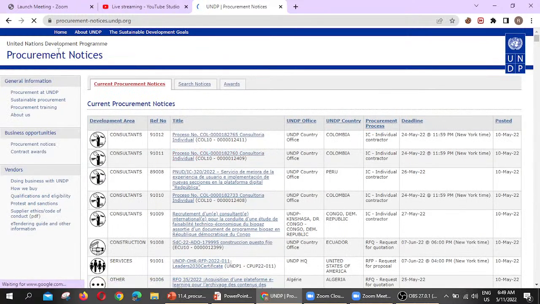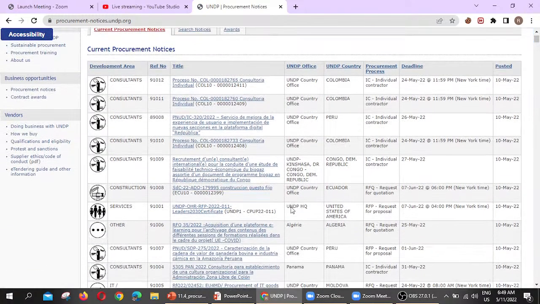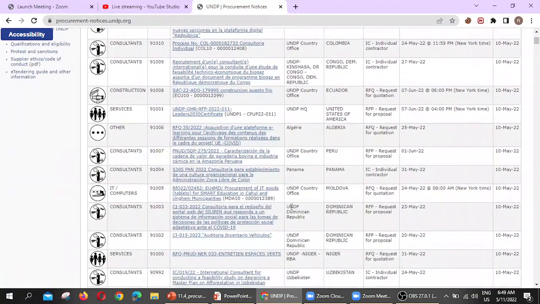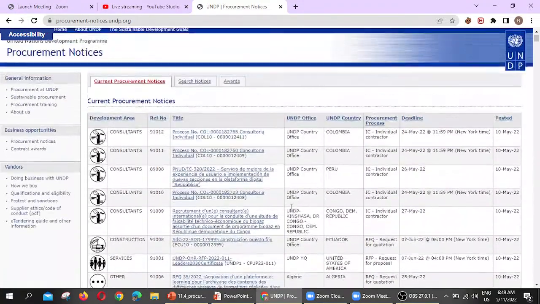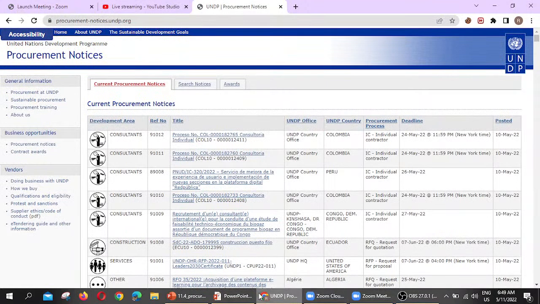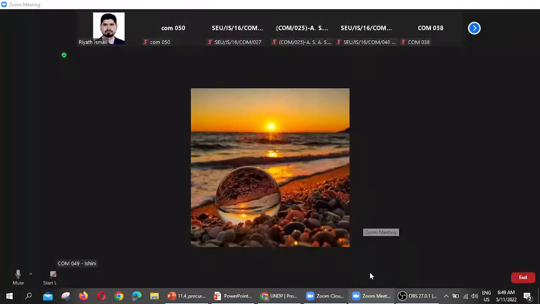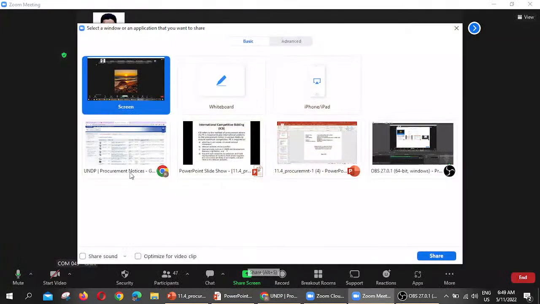This is the United Nations Development Program website, and you can find a lot of tenders. Can you see my screen? The screen is not visible, sir. Okay, sorry.